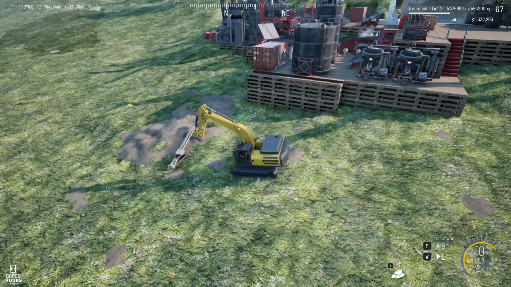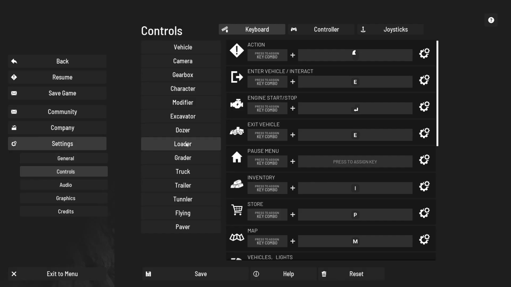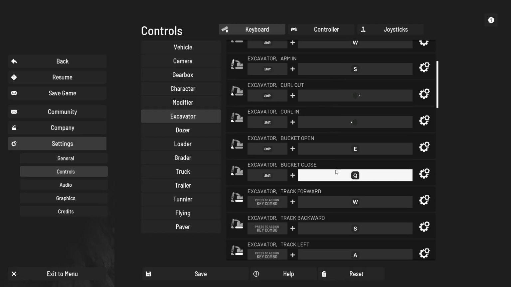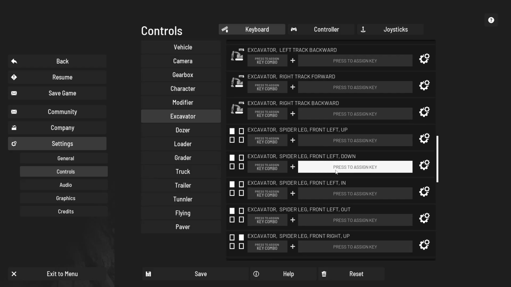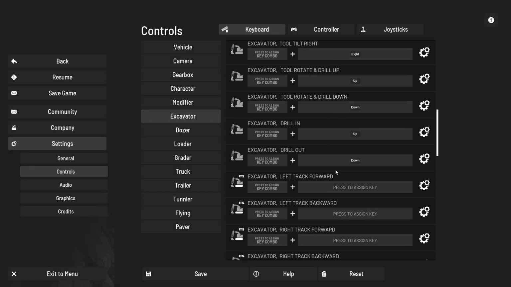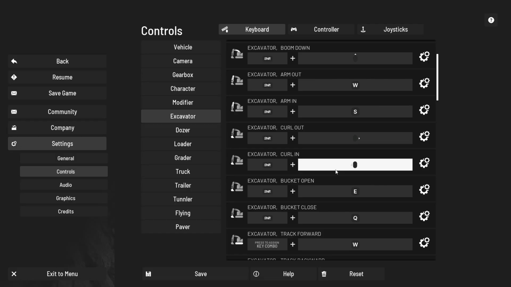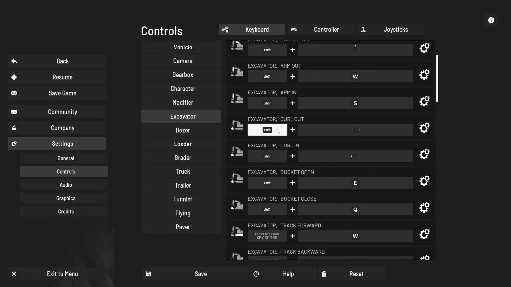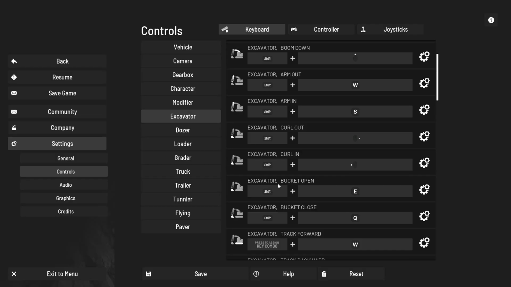I've got to change the settings. Controls for Excavator. I want, let's see, maybe it's up higher. Okay, so to curl out, open bucket. I had this set before where it worked just fine. I want to just do,